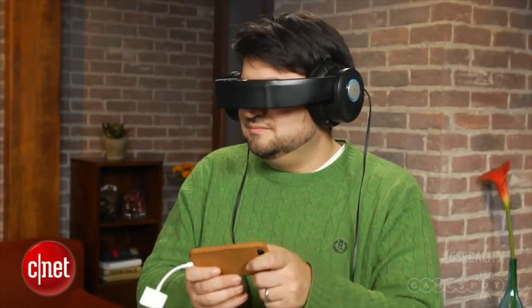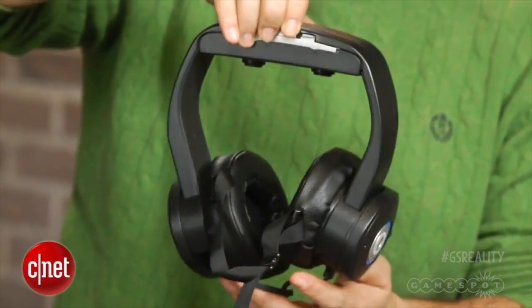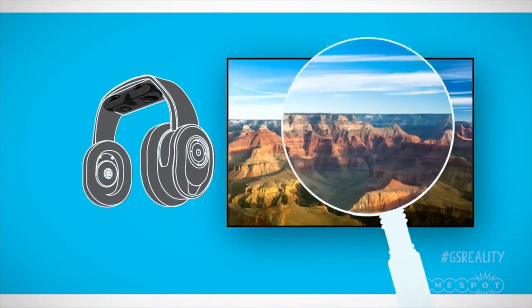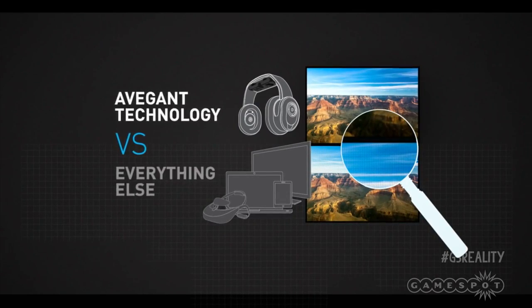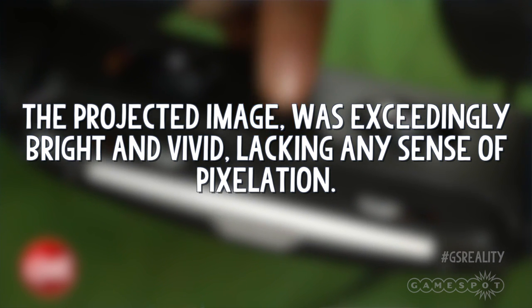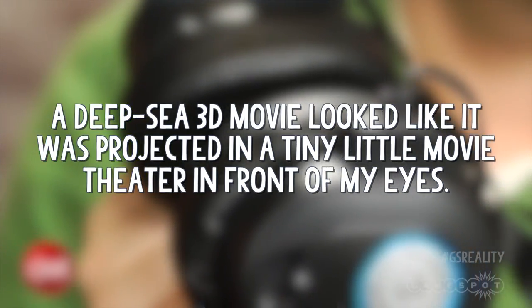The image produced is relative to an 80-inch television screen 8 feet in front of you, and as such doesn't quite fill your entire field of view in the same way as, say, the Oculus. According to Gamespot's sister site CNET.com, the image clarity, however, is pretty much unparalleled due to this projection technology. Senior editor Scott Stein commented that the projected image was exceedingly bright and vivid, lacking any sense of pixelation. A deep-sea 3D movie looked like it was projected in a tiny little movie theater in front of my eyes,